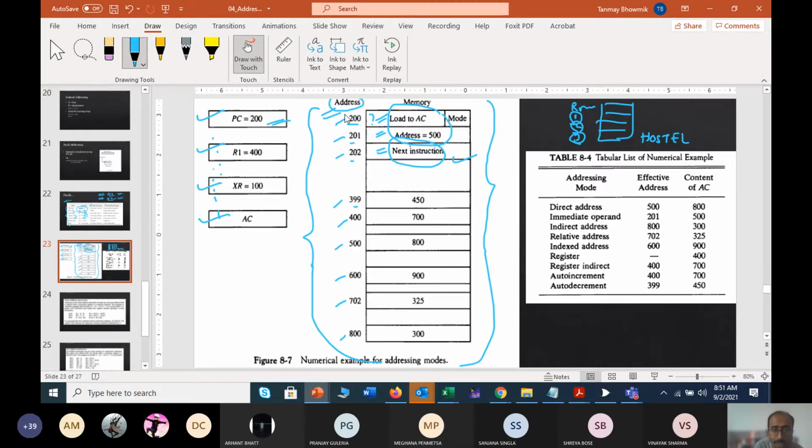Once you go into this location, your program counter will be updated with the data 202, right? Just like this, you saw your program counter is 200, you went to the 200 location, and the next instruction has been stored as 202. So this 202 will go to the program counter, and now the program counter content will be updated from 200 to 202.